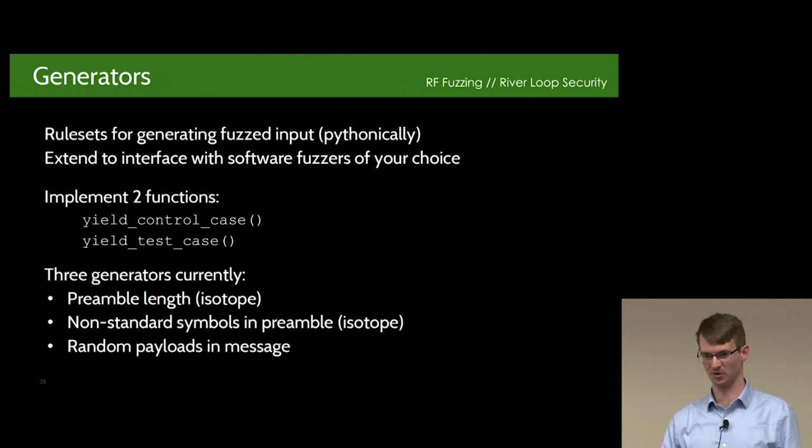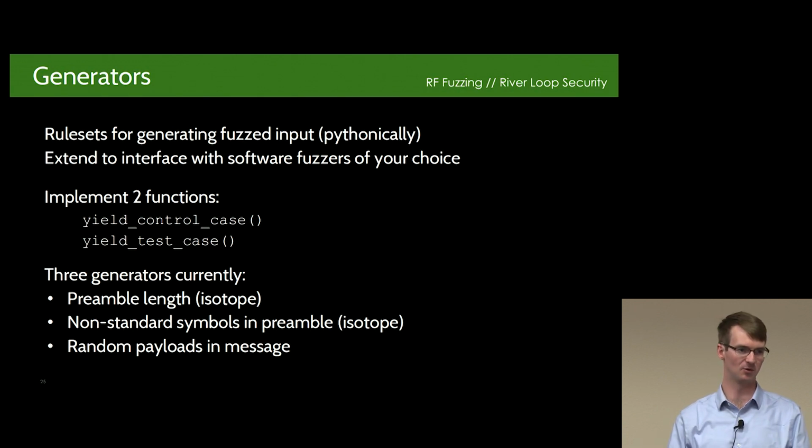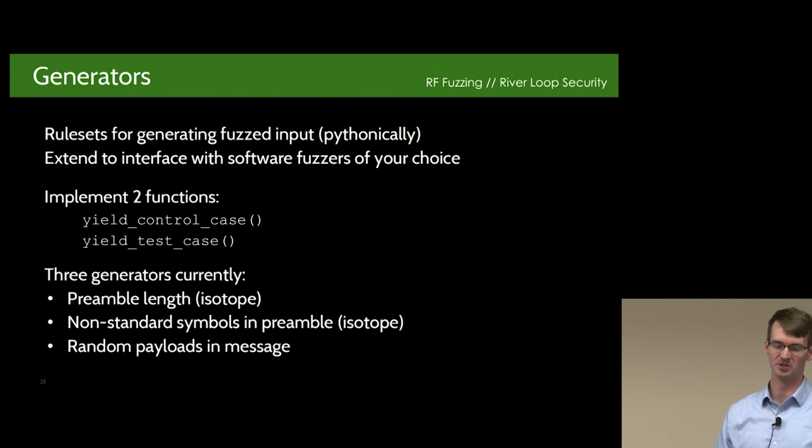Now, why do we want a control case? Well, when we're fuzzing systems, we're trying to find weird behavior. That includes things like crashes, packets being missed, et cetera. If we're just injecting test cases and we get a crash to happen, before we inject the next test case, we want to make sure that the device that we're testing is in a state that we know to be stable. So rather than power cycling it or resetting it every time, we instead inject